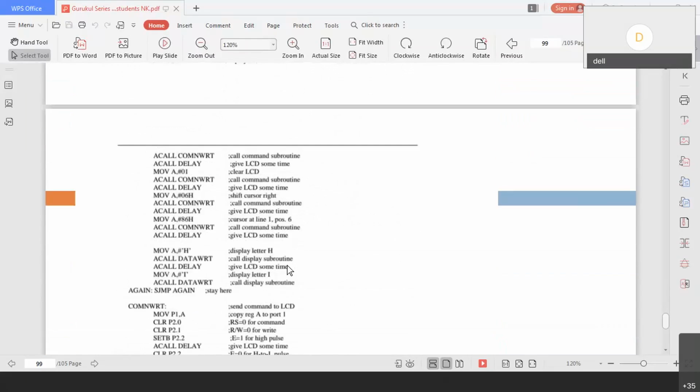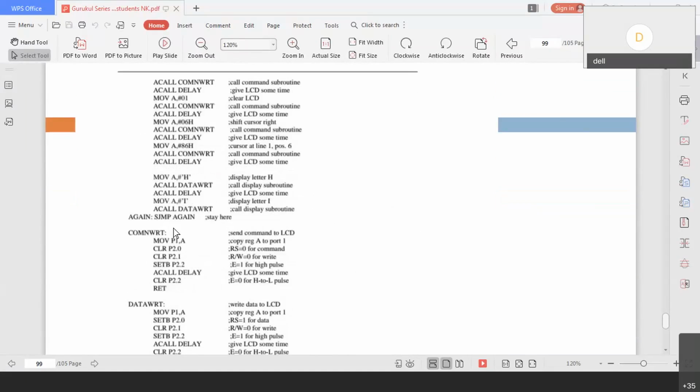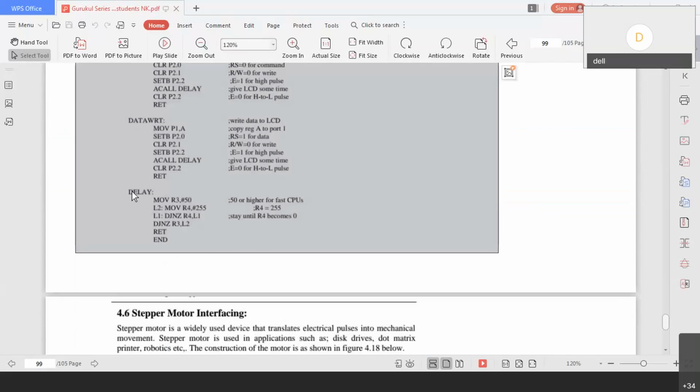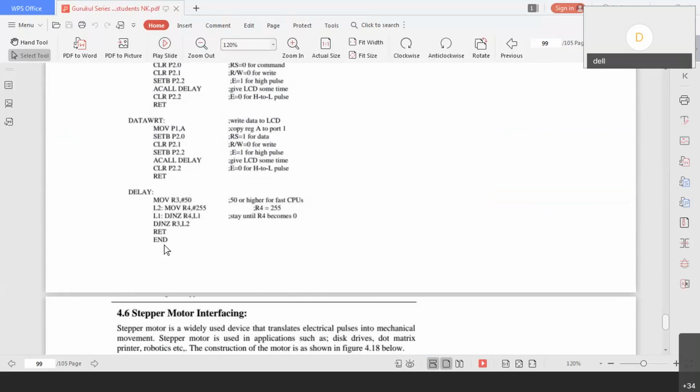Basically in the program, whatever we want to display, we go for command writing. It will decide where to display: the first line, second line, and which position. And data write will indicate what data is to be displayed. And delay is a very important part of our LCD.